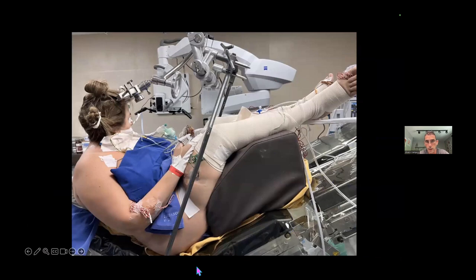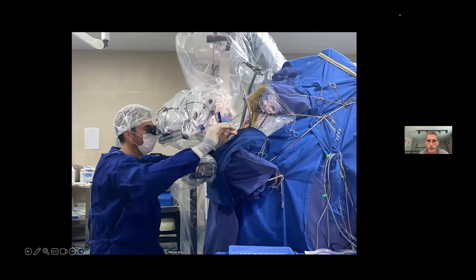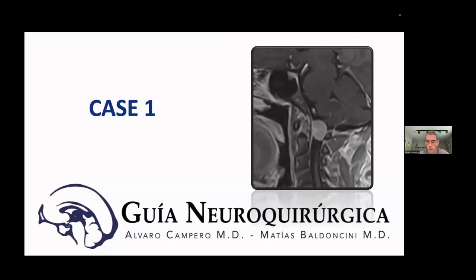And we operate all the cases in the semi-sitting position. It is very important that the legs of the patient are above the level of the heart in order to avoid air embolism. And we operate in this fashion. We use an arm rest in order to work comfortably. I would like to show some cases. First case,